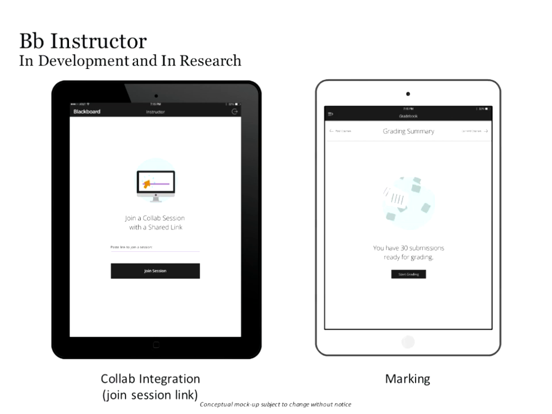The first release of BB Instructor is going to be designed for joining and working with a Collab session: as an instructor, joining that session and moderating it from a tablet on either iOS or Google Android. Secondly is marking. That will come later in the year, and will allow you to review submitted assignments, mark those papers, and apply a score to those evaluations.